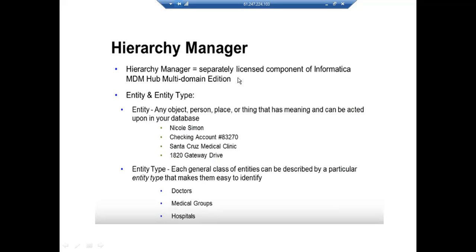This actually comes with a separate license. Okay. If we get the license of Informatica MDM Hub, then they will give some kind of trial license for hierarchy manager. But if you want to implement this hierarchy manager in your production system in the live environment, you will not be able to do that, because it comes with a separate license. So we have to buy a separate license for that. That's why all customers don't implement this unless they have a use case or a requirement for this. Okay. Now let's try to understand entity and entity type. Okay. So suppose there is a customer table, so that